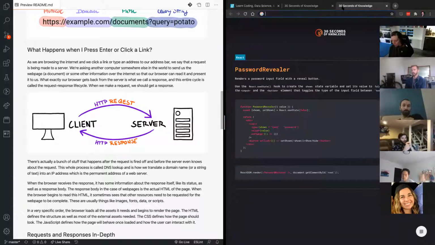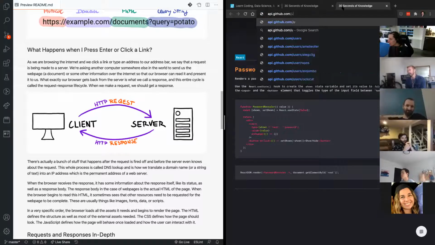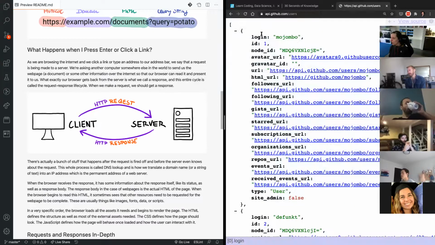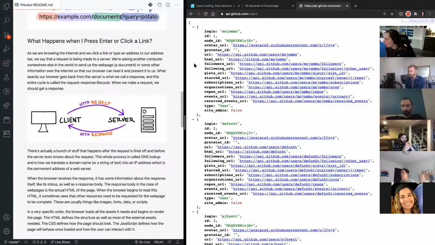So if we went to api.github.com/users, right? So we're making a request here to the GitHub API. Luckily, the GitHub API is open and free to use.